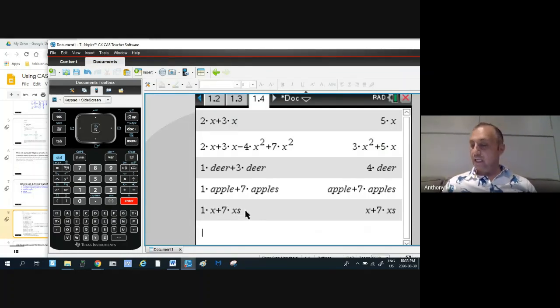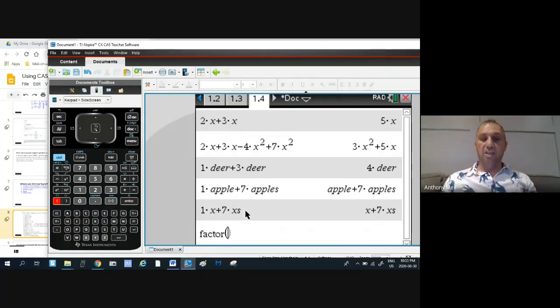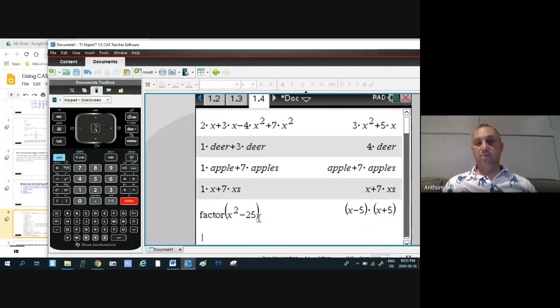So just like that. Let's see now, we can do other operations besides simplifying polynomials. We could ask the Inspire CAS to factor something. So x squared minus 25 is a difference of squares. It has 2 binomial factors, x minus 5 and x plus 5. Or we could,